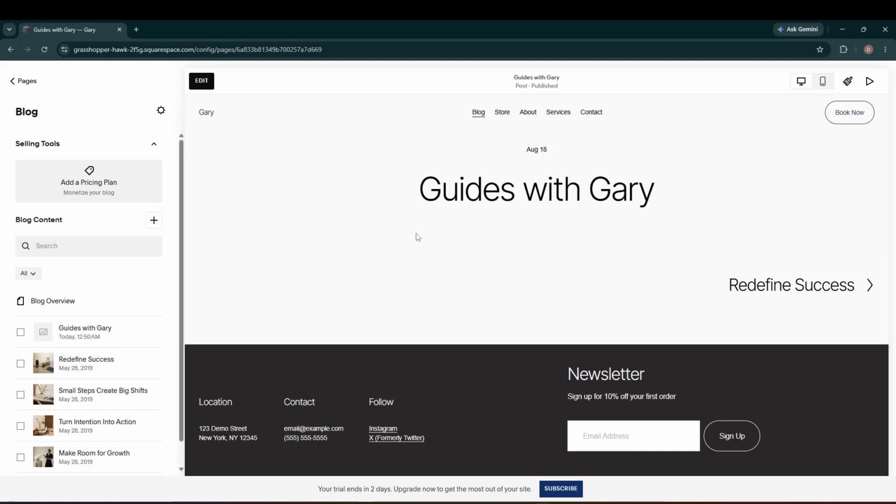That covers everything you need to know to create and publish a blog post on Squarespace 7.1. From adding the blog page to publishing your first entry,